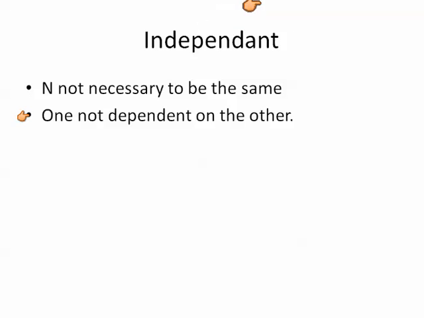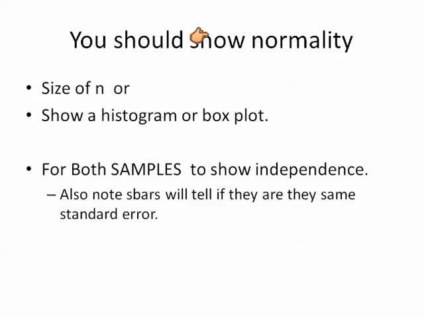So this would be a good way to test things where you have different sample sizes that you're comparing against each other. You should always try to show normality with these types of things, because if it's not normal, it's going to be a real hardship on us. So we're going to look at the size of n to make certain that it's big enough. Remember, above 20, it's pretty much going to be a normal distribution. Otherwise, show a histogram or a box plot of the data. For both samples, to show independence, you need to make certain that they will